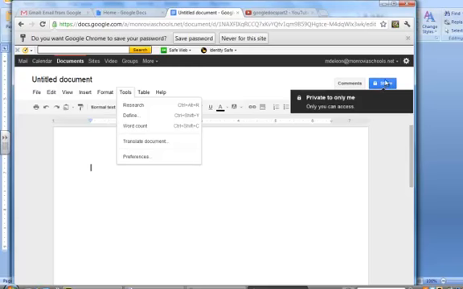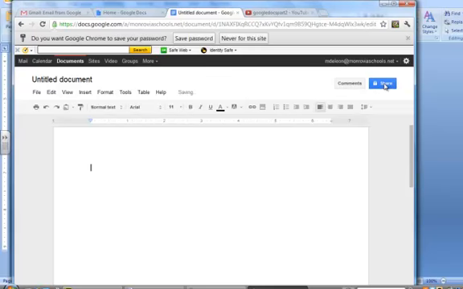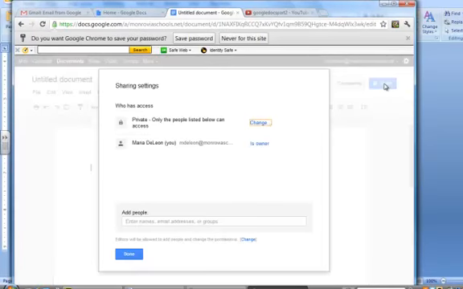So on Share, this button right here, Share, this is what allows you to collaborate and share your document with other people. So let's go ahead. Right now it says it's private, only to me, because I haven't given anybody else access to this document since I just barely am working on it and I'm just barely creating it. So let's say, for example, this was you working on this document and you already had it completed or whatever you wanted to do with it. So you want to go ahead and click this button here where it says Share, and you'll get this